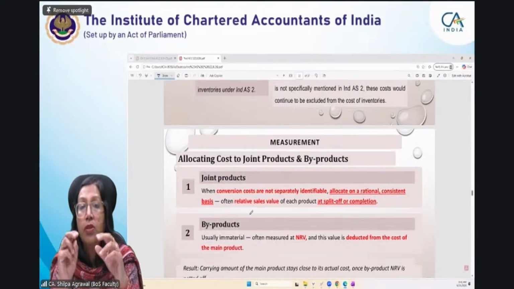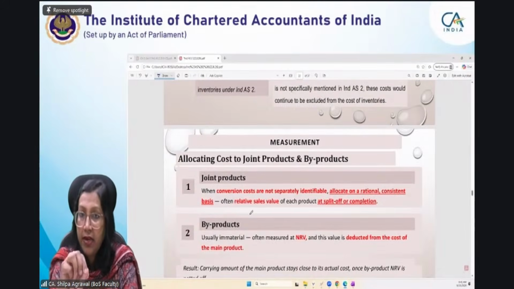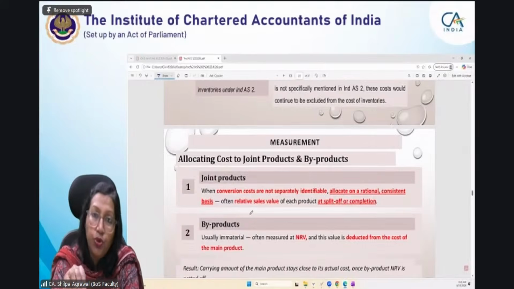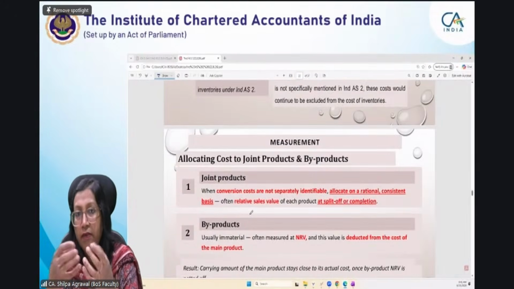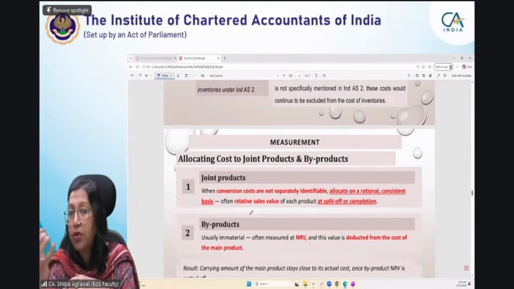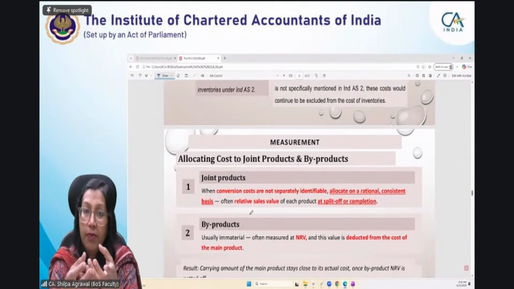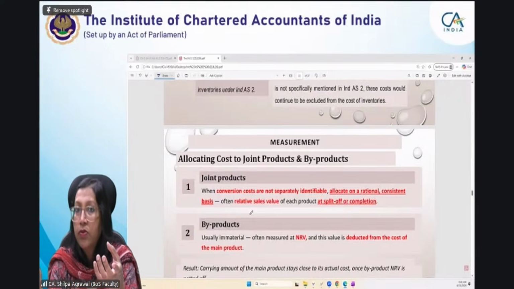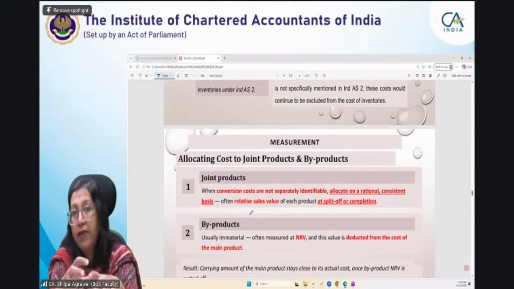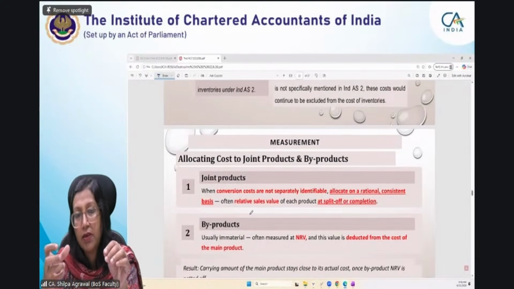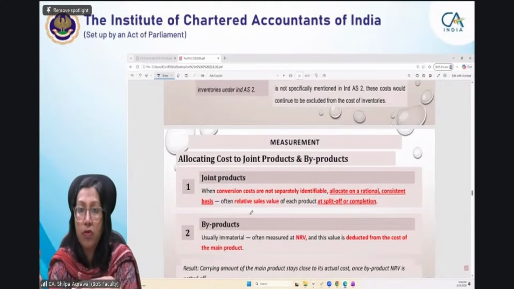When they have the same nature, same relevance, same prominence, then it becomes a joint product. For example, from coconut, we extract coconut oil. That is your main product. At the same time, the coconut flakes, the shredded bits, are also used. That is also sellable, that is not wasted. So both are joint products, part and parcel of that manufacturing, right? We extract coconut oil, we just crush and we get the flakes, and that is used and sold. So that is a joint product.